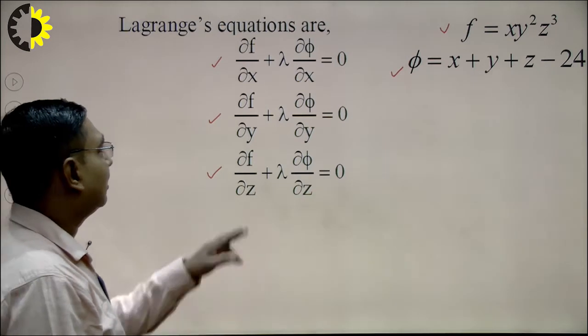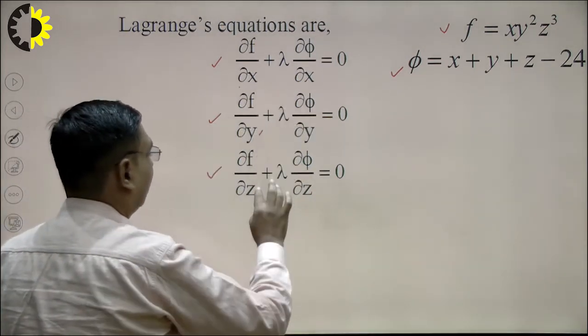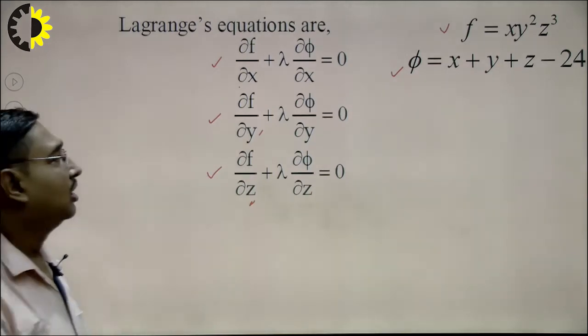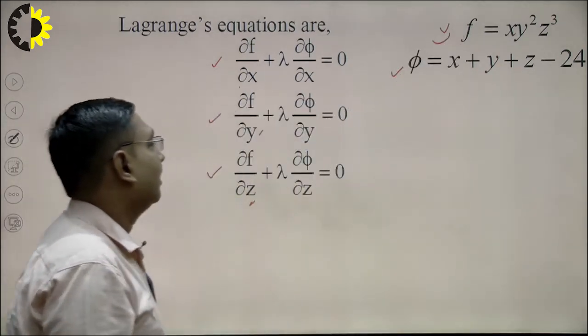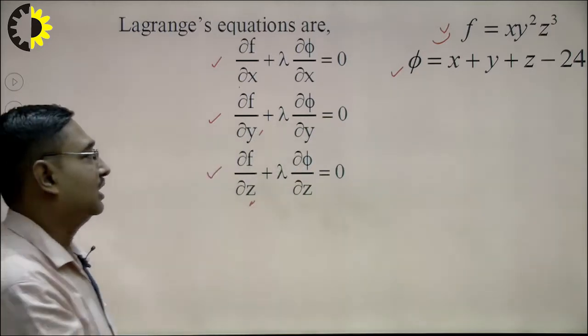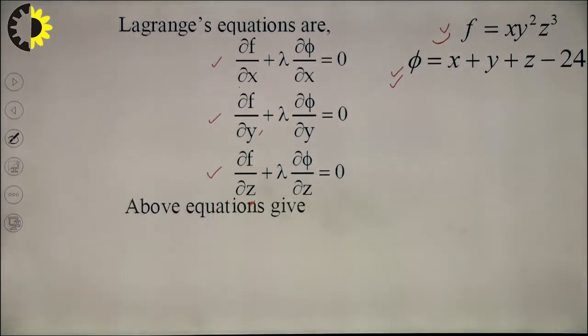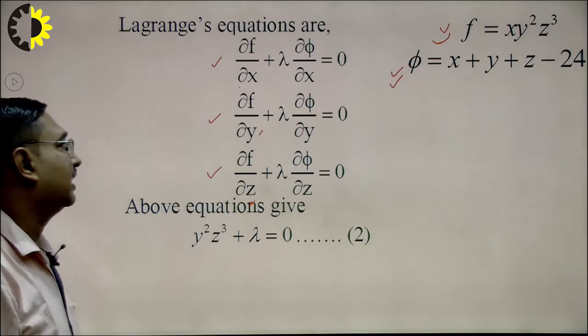I will calculate partial derivatives del f over del x, del f over del y, del f over del z from this f, and del phi over del x, del phi over del y, del phi over del z from this phi. Substituting the partial derivatives in the above equations,